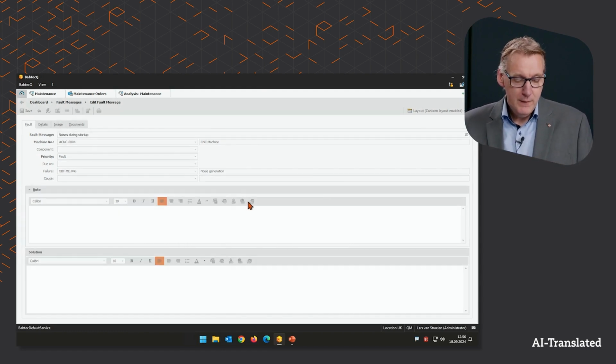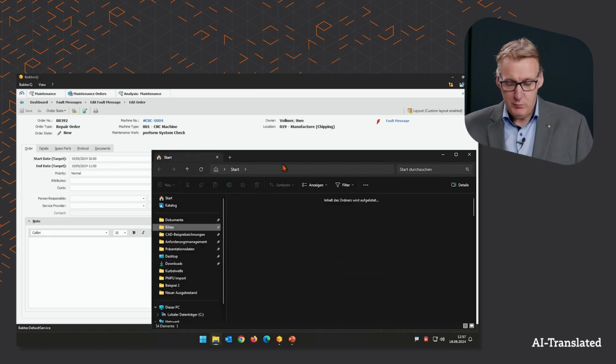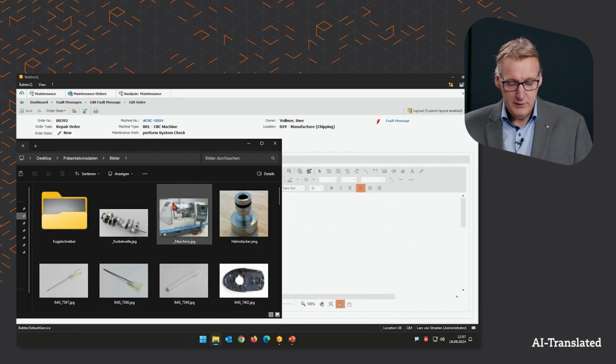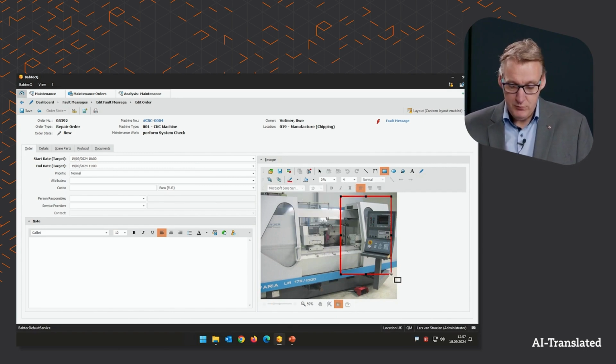Okay. Now I'm switching to the detail dialog where I can add more specific information or additional details to this repair order for the employee. What needs to be done? For example, I can say, okay, I have a special machine here and I want to assign this special machine using an image for this repair order. And then let's just add a note here in red, just a little bit thicker, that the system check should refer to this system unit here.